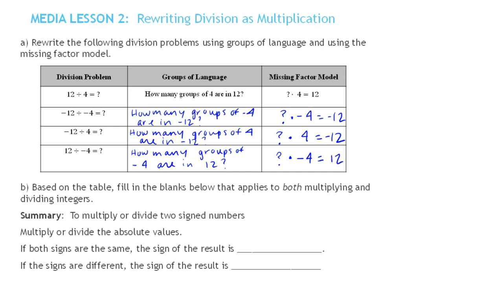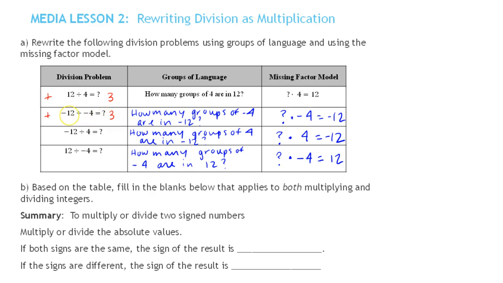So these division problems are equivalent to these missing factor problems. So that's how multiplication and division are connected. Now let's extend this idea to figure out how we can multiply and divide signed numbers using one common strategy by looking for patterns. So notice here we have a positive divided by a positive is going to be positive. And we saw dividing a negative by a negative was also positive because we found there are 3 groups of